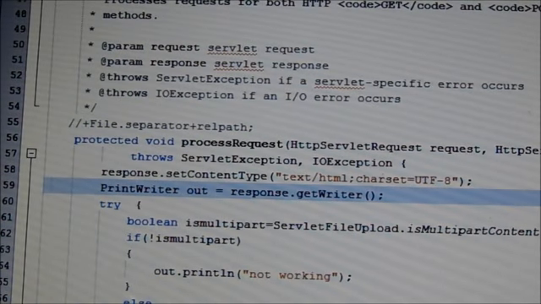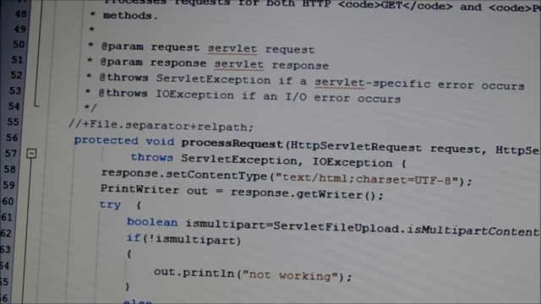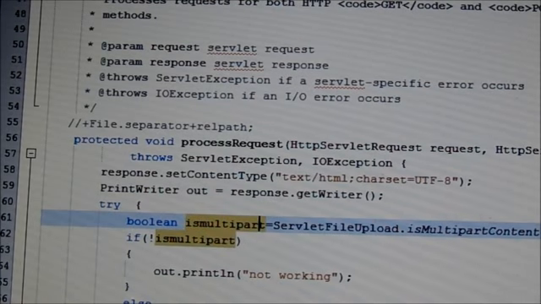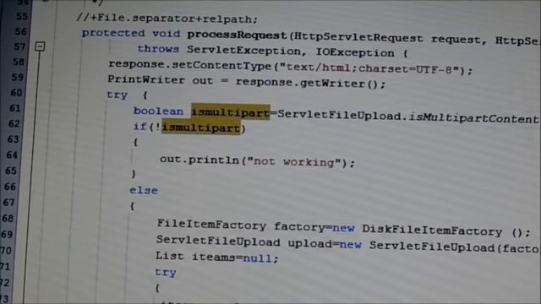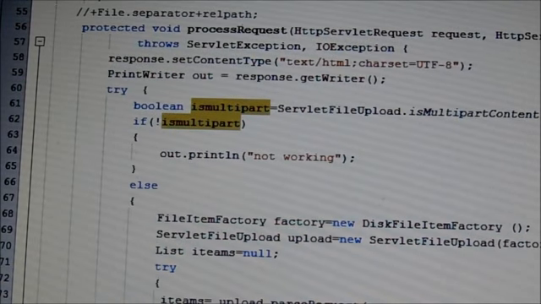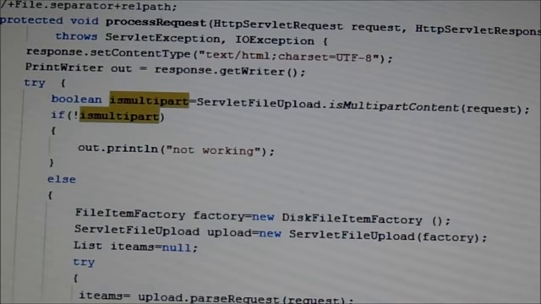If the request type is multi-part, then proceed; if the request type is not multi-part, then it is not working. Otherwise it performs file factory, an object which is used to upload a file, and then click on Solid.